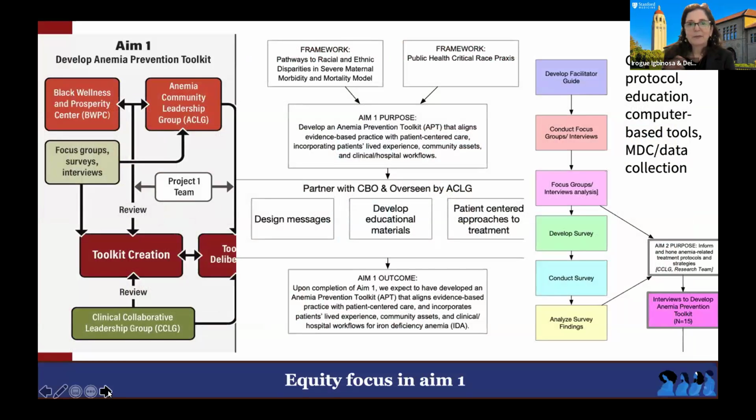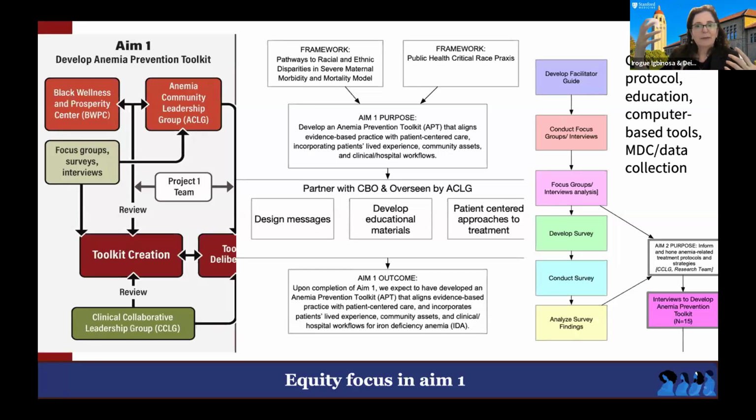Want to focus a little bit more within AIM-1 because this is where we are. Working with BWPC, we've convened an anemia community leadership group. So this is people with lived experience, and we are using the public health critical race practice framework, as well as pathways to racial and ethnic disparities in severe maternal morbidity and mortality model. And our purpose again in AIM-1 is to create this toolkit, and it's one that we want to align both evidence-based practice, that's what our clinician group is working on, but with patient-centered care, really incorporating people's lived experience, community